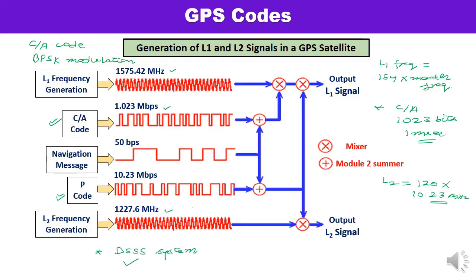It means at the receiver, the signals from the individual GPS satellites are separated by using the knowledge of the C/A code, which is allocated to each and every satellite. So accordingly we will be getting the L1 and L2 signals. Now let us understand in detail how the coarse acquisition code is generated. We are saying that the signals from individual GPS satellites can be separated by the knowledge of the unique coarse acquisition code allocated to each satellite. But how is this unique code allocated to the satellite?